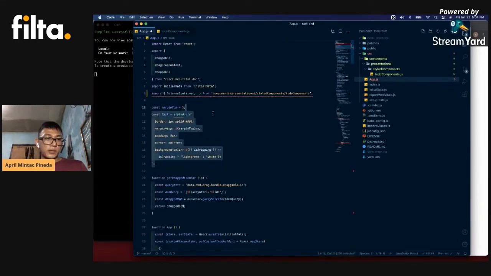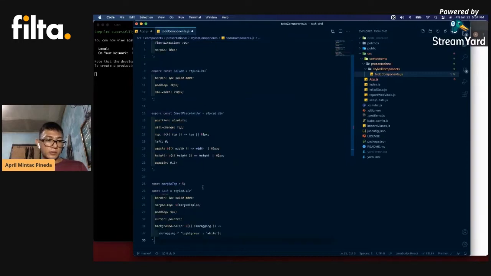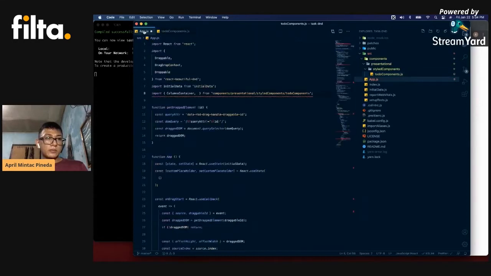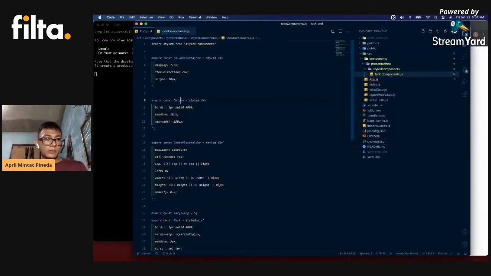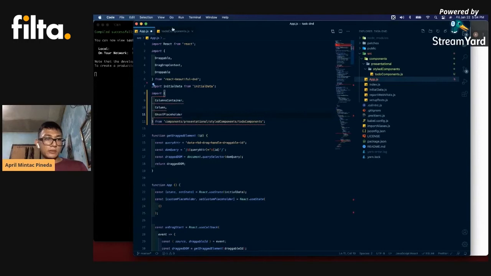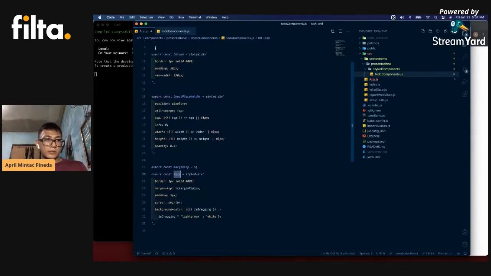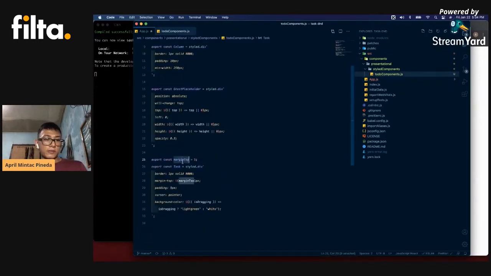We forgot to move this part. Then we also need the margin on the top variable.